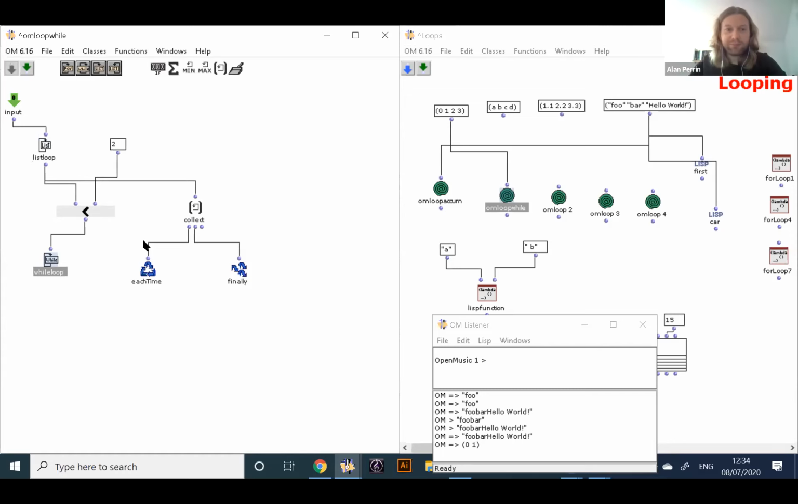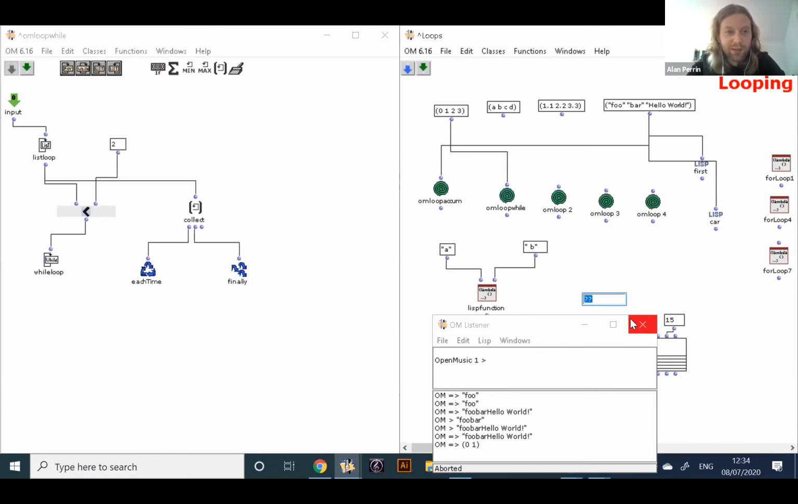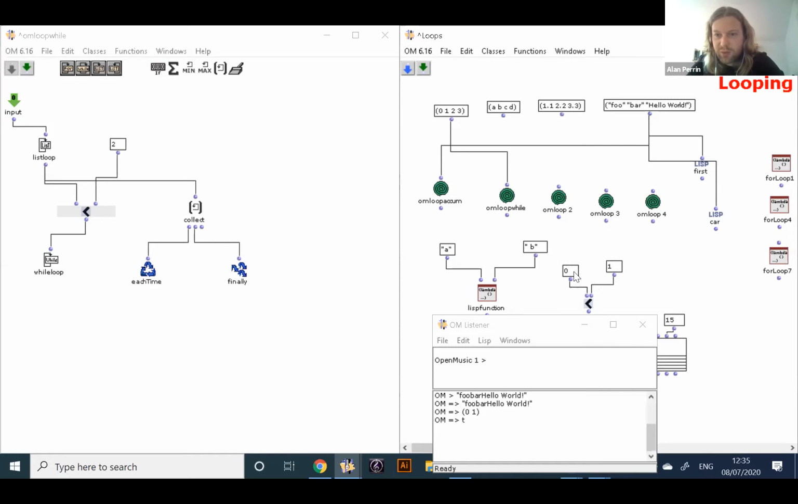Obviously, I can't evaluate this within a list. But here we see, it's giving this t or nil. If I put here, 0 is going to be less than 1, so we're going to get a false, nil. So if we look at our while loop,